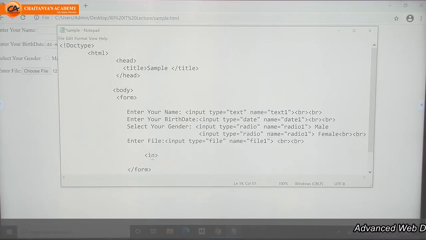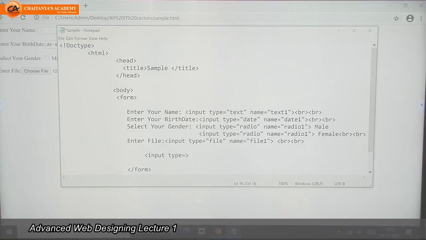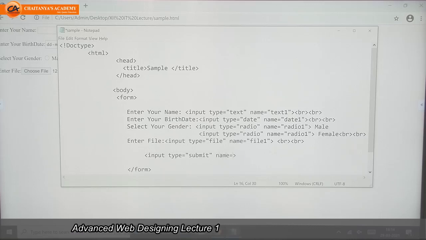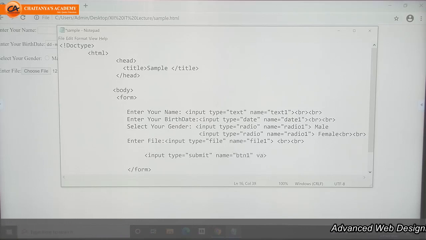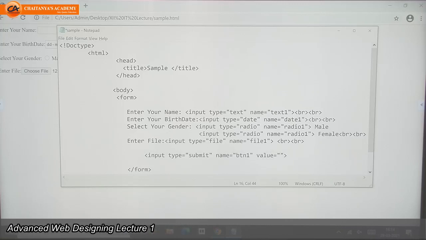Here input type equal to, if I want to submit this file form, then we will write submit, name equal to button 1, and value, whatever value you want to display on that button. Here you should write that value, otherwise you will get a button without a value.